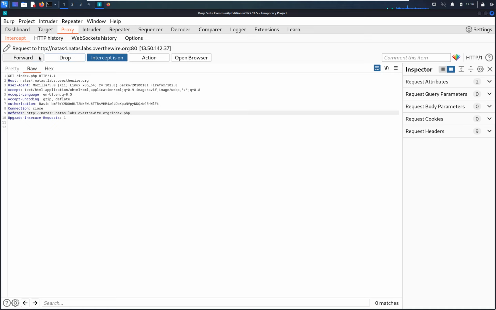So they're kind of self-explanatory. Forward means you want to send it forward to the web server, and then whatever response is given to your web browser, it'll just go from there. Drop means you can just drop the request entirely. You don't want it to go through. You just wanted to see what this was going to look like. So in our case, we do want it to go through because we want to get to the next level. So if I click forward,